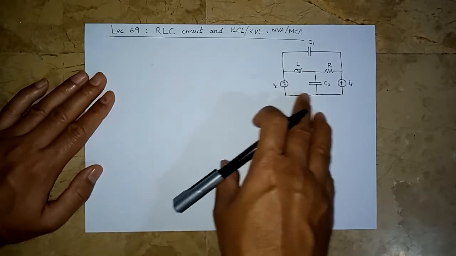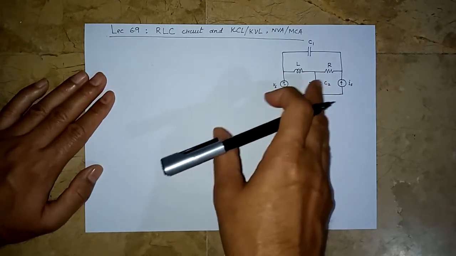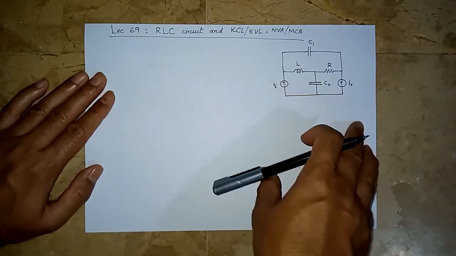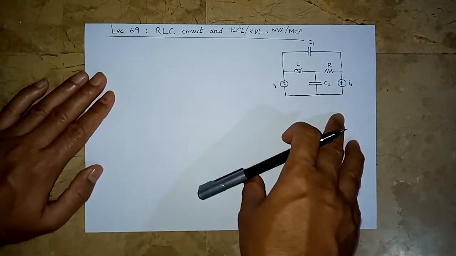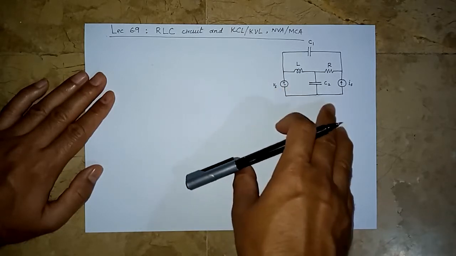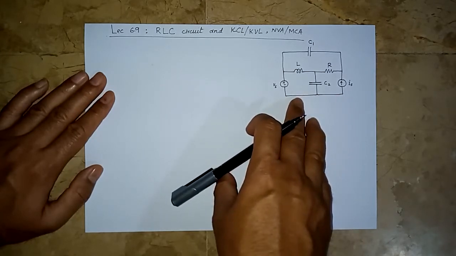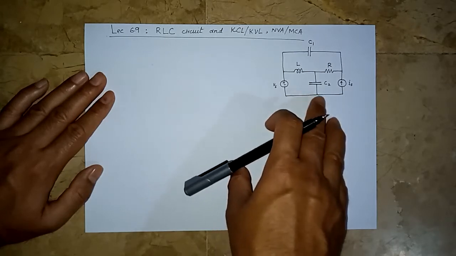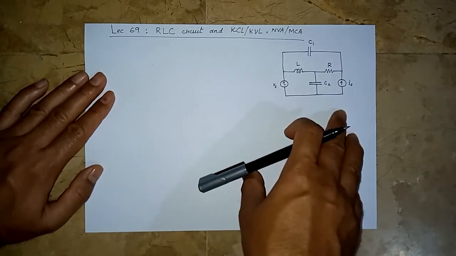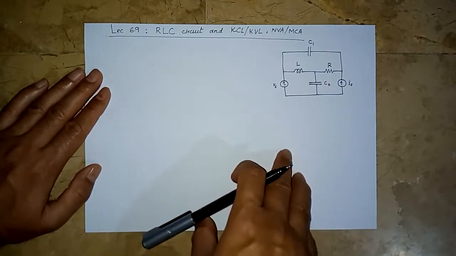So suppose this Vs is given, Is is given, C1, C2, L and R are given, and we need to find something, say the voltage across this L or the current through this C2 or whatever. So how are we going to do this? Remember that in circuit analysis we use NVA or MCA based on which one appeals to us in a particular situation. We make as many equations as there are unknowns, and then we solve them together and find the ultimate thing that we want to find. So let us try to do the same thing here as well.